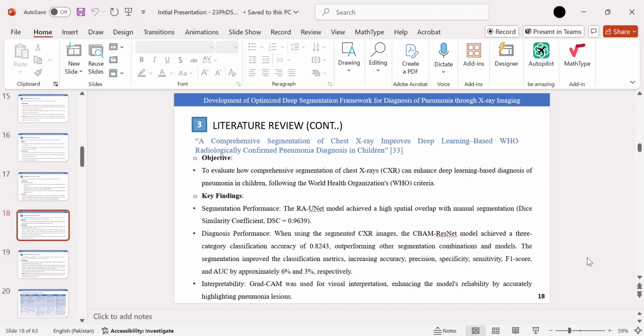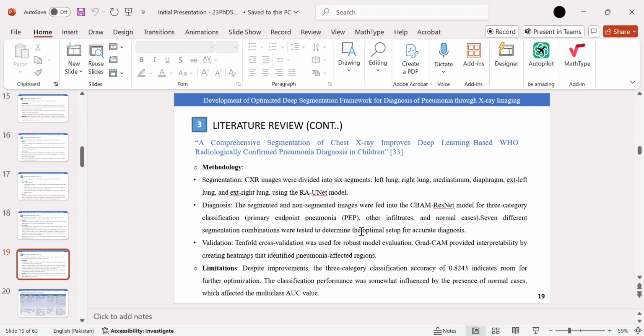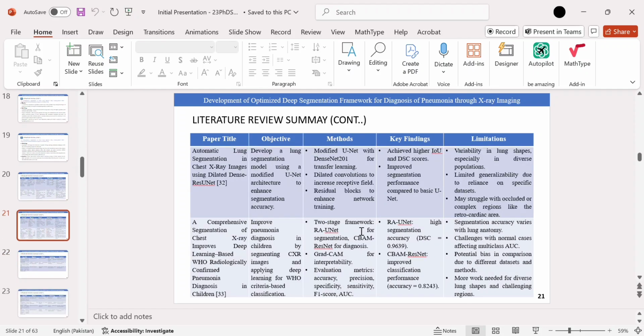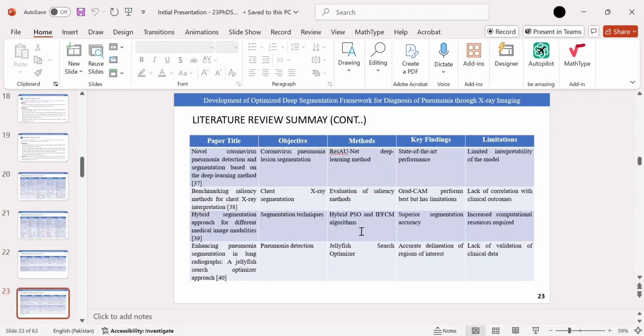And this is another paper titled "A comprehensive segmentation of chest x-rays improves deep learning based World Health Organization radiologically confirmed pneumonia diagnosis in children." They also observed a dice coefficient similarity of 96% with a good ratio. And there are some other papers cited in this literature, with the paper title, objective, methods, key findings